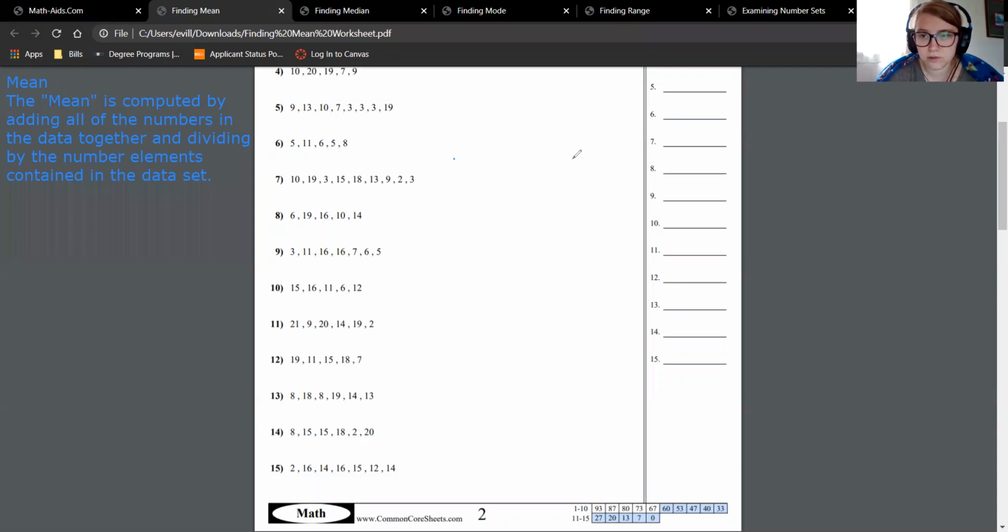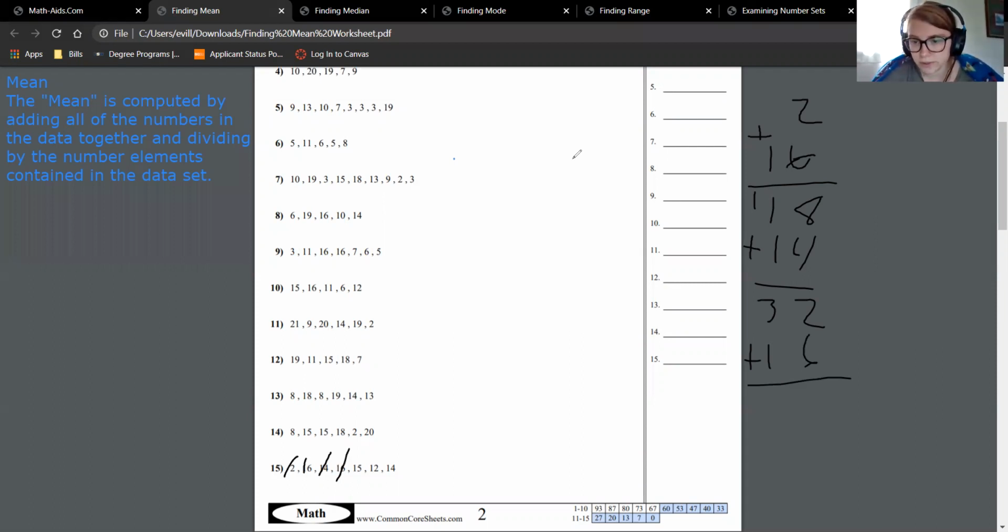So we have 2 plus 16, which is 18, plus 14. 8 plus 4 is 12. 1 plus 1 plus 1 is 3. Plus 16. 6 plus 2 is 8. 3 plus 1 is 4. Plus 15. 8 plus 5 is 13. 4 plus 1 plus 1 is 6. Then we'll do